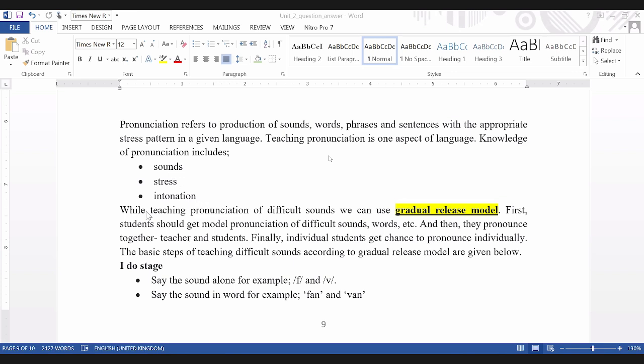While teaching pronunciation of difficult sounds, we can use the gradual release model. First, students should get a model pronunciation of difficult sounds, words, etc., and then they pronounce. They pronounce together. Finally, individual students get a chance to pronounce individually. The basic steps of teaching difficult sounds according to the gradual release model are given below. Like the I do stage, for example,